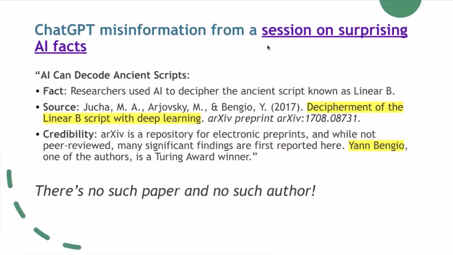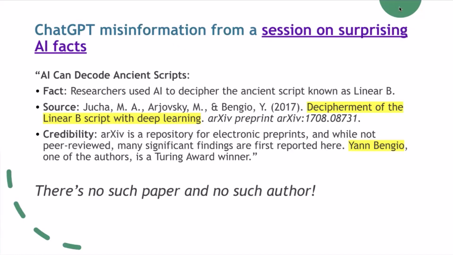So here's an example that you can borrow. I asked it for a set of surprising facts about AI, and I asked it to provide sources and explain why they were credible. It came up with a bunch of statements which were, not too surprisingly, on the side of promoting AI.